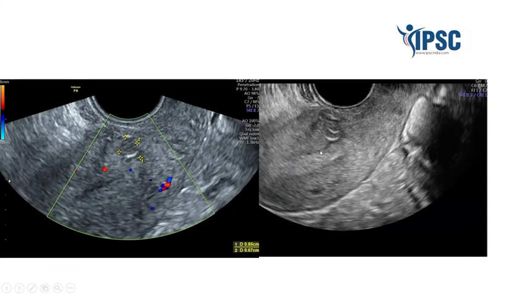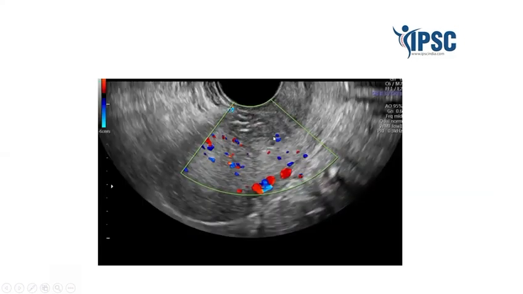On putting probe pressure and per abdominal pressure, we could see a communication between the endometrial cavity and this anechoic area, and we could see the blood gushing out from this cavity into the endometrial cavity. No definite vascularity could be seen, but yes, definitely you could see that the anechoic area had a lot, 3 or